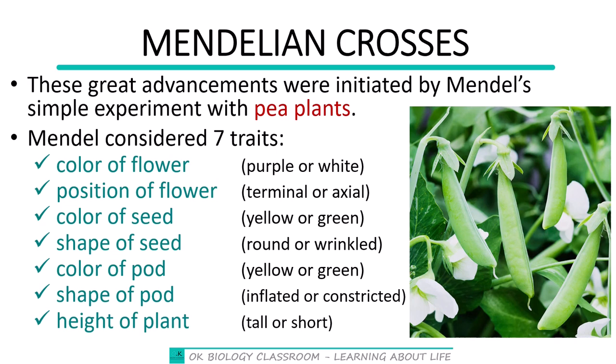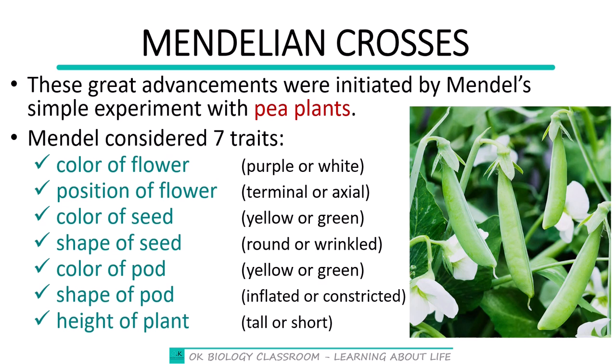Mendel wanted to find out if there was a factor that always made some of the plants have purple flowers and the others having white flowers. He also wanted to find out if there was something responsible for why some of the seeds had yellow color and others had green color. So he experimented with all these 7 traits to see what differences or similarities may be observed among them, and possibly what factor would be controlling why they keep on having these characteristics.